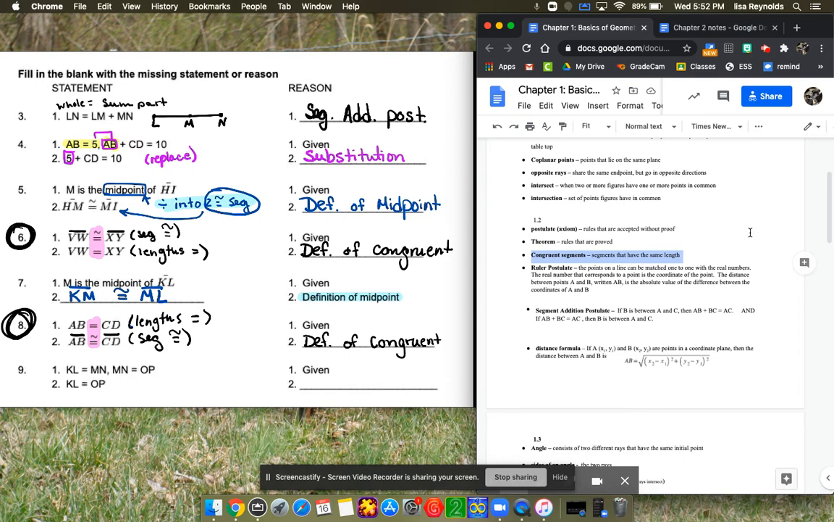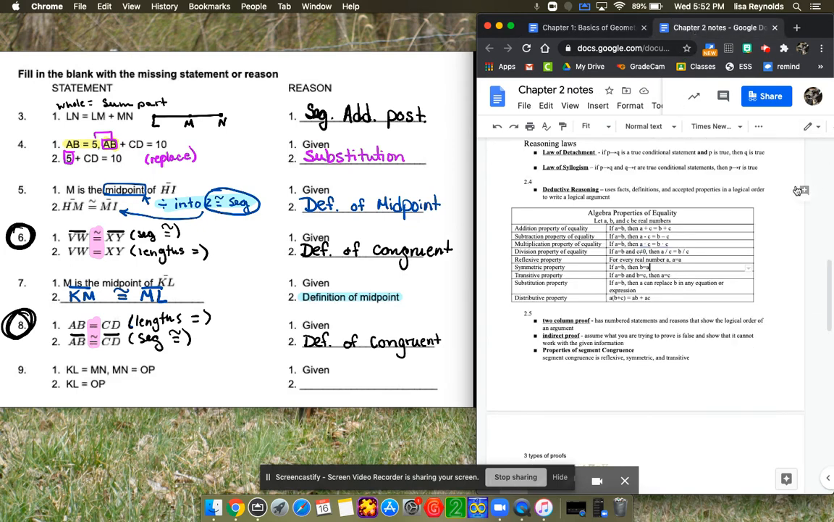Our last one that's here is where we're given two equal statements and we get a new equal statement. So this is not congruent. The congruent symbol is not there anywhere. There is no addition. There is no calculation. So when we get a problem that looks like this, we want to go to our algebra properties list